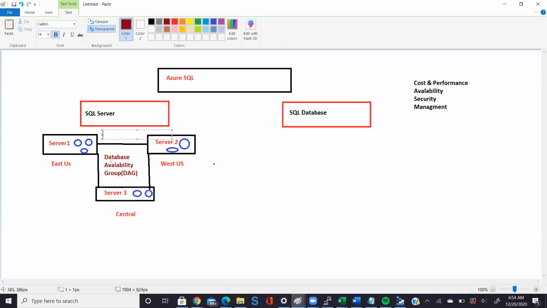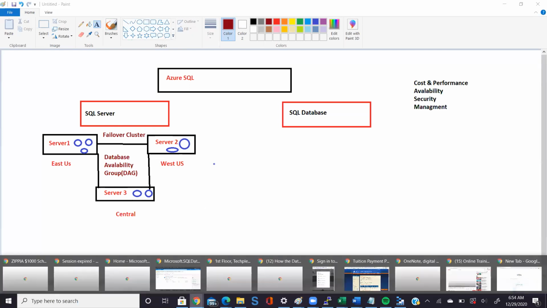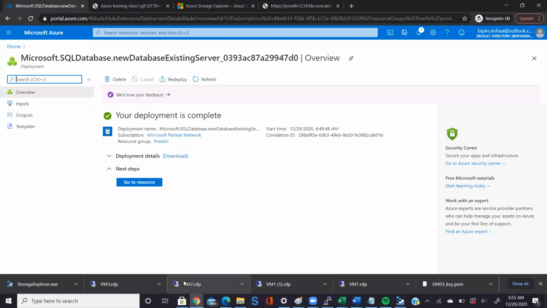Generally on-premises, people create a failover cluster, but on Azure you have the same failover, though we are actually using a feature called database availability group. So on-premises it is the failover cluster, and on Azure it is the database availability group. It means that when we go to Azure, your database is also configured very well.